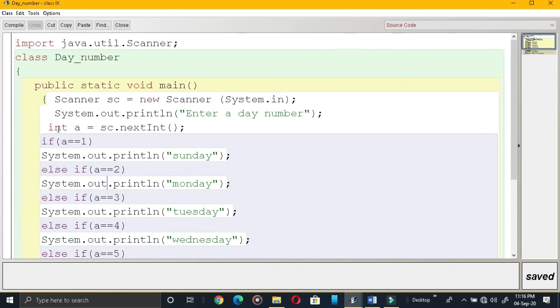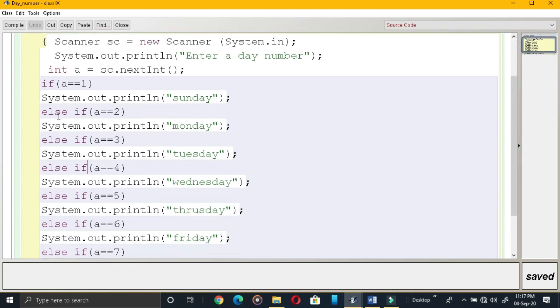So in A you can give any number, but the valid numbers are between 1 and 7. If you are entering 1 here, then it will be checked. Is 1 equal to 1? Yes. Then Sunday will be printed. And all these other statements will be skipped after that because we are using else if. Suppose this is executed, then these statements won't be checked for execution.